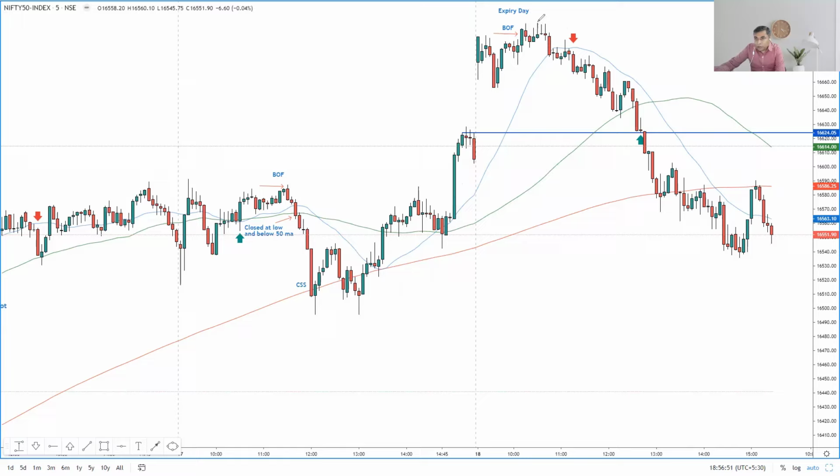Now just think of it. This bar, when it was forming, was a complete green bar at its high, right? But then as soon as it reached this selling area, the sellers stepped in and moved the prices to its low, and this bar eventually became a topping tail bar, right? So it took out the high of the first top, but it moved down. It became a topping tail and a breakout failure bar, which I call a BOF.